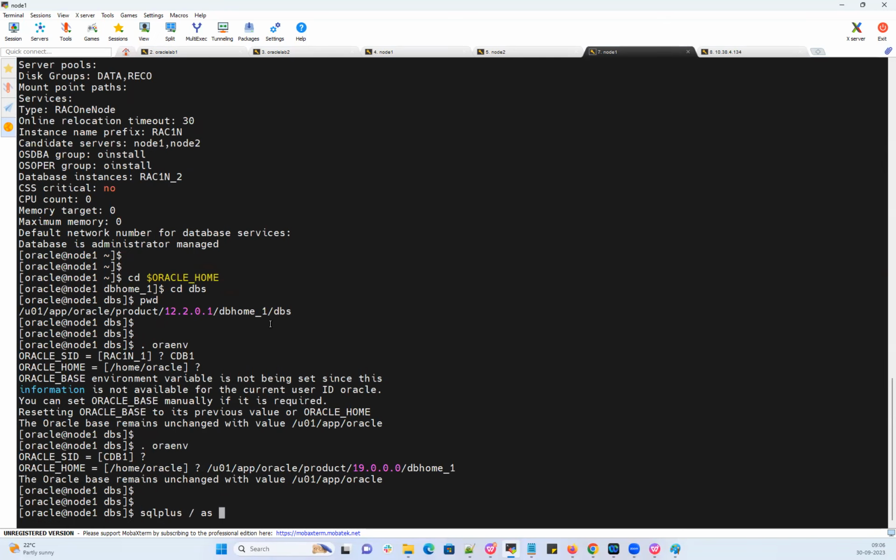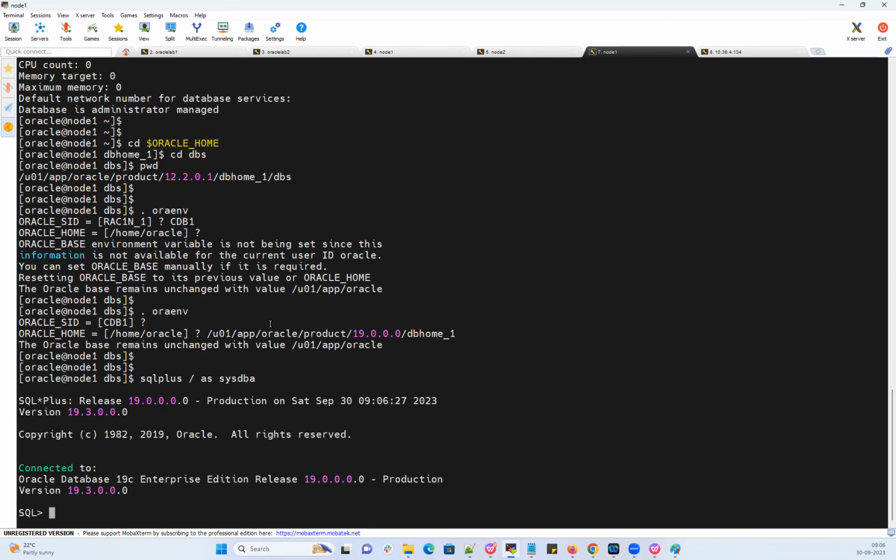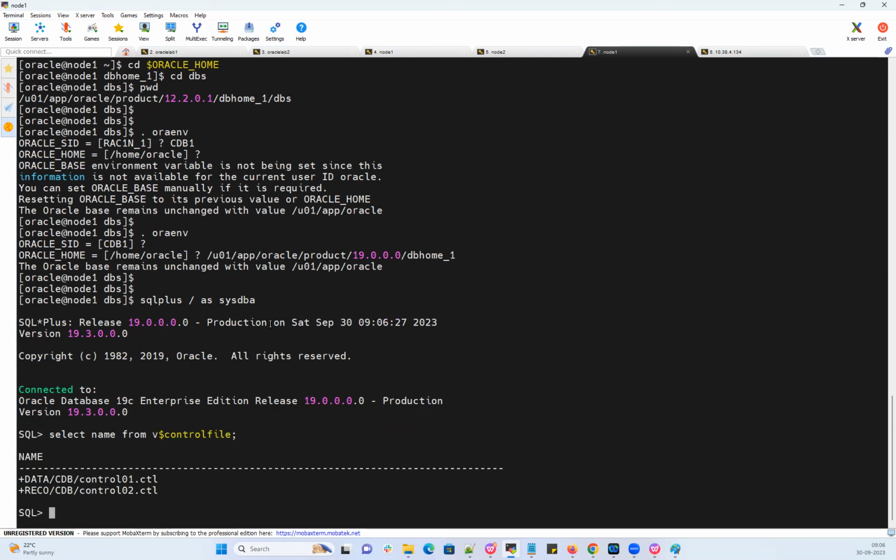SQL plus / as sysdba. I connected to node 1. If I do select name from v$controlfile on node 1, I can see data, reco, control 1 and control 2, two control files,